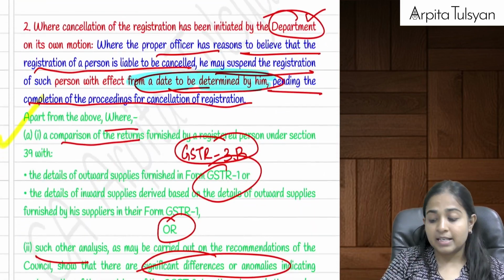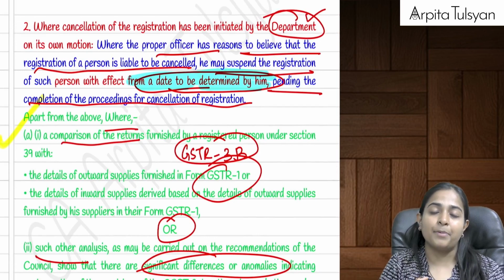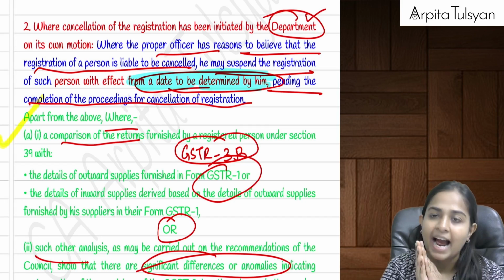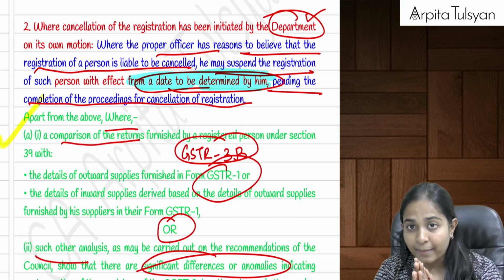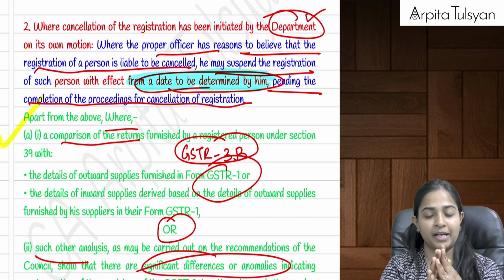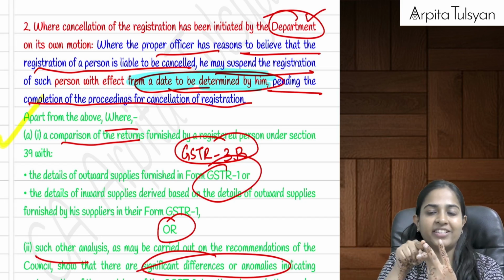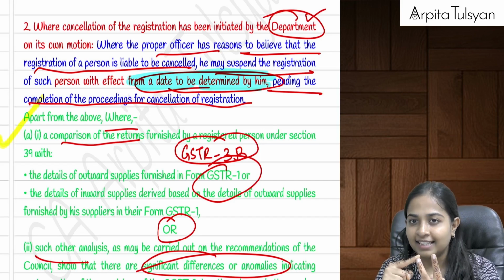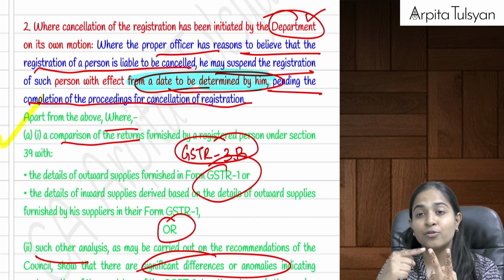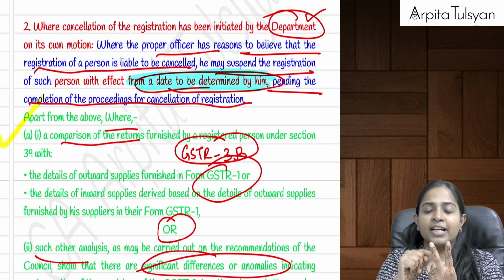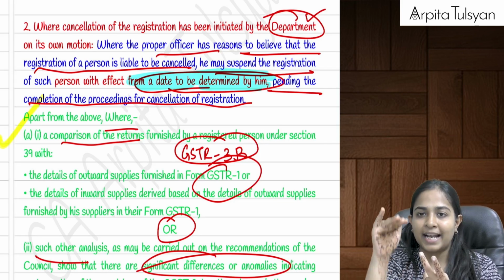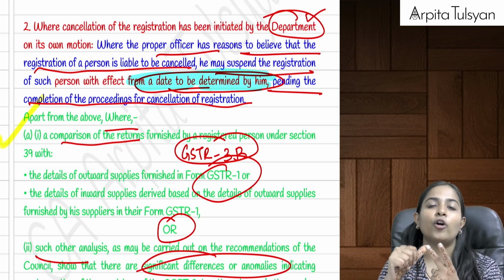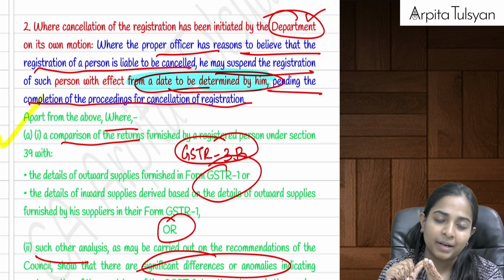But similarly, suppose the department has cancelled my registration, then the effective date of suspension will be determined by that proper officer. I cannot say anything. They will suspend my registration, but one extra provision is applicable for 2 points. Suppose there was that difference between GSTR-1 and GSTR-3B. I showed more sales in GSTR-1 so that the other person will get more credit, but I showed less sales in my GSTR-3B so that tax payable will be less. So this is a big fraud. So in this case, and if you have not furnished your bank details as per rule 10A,